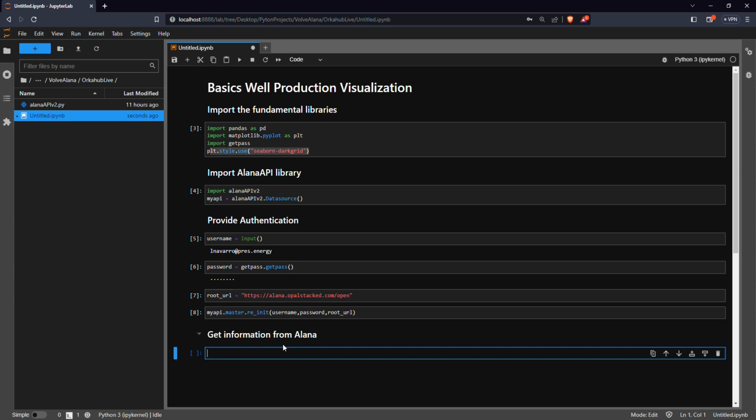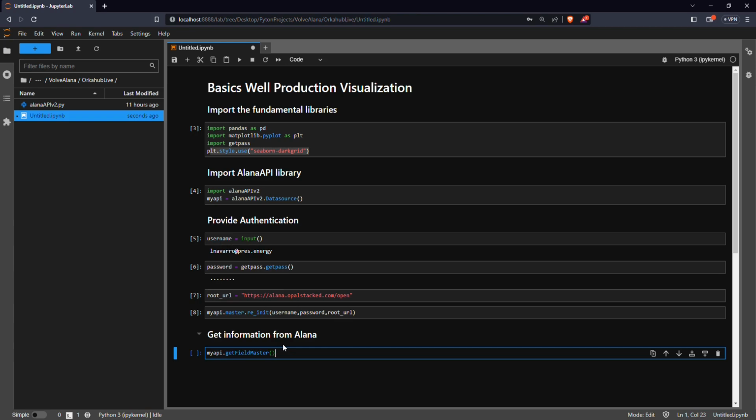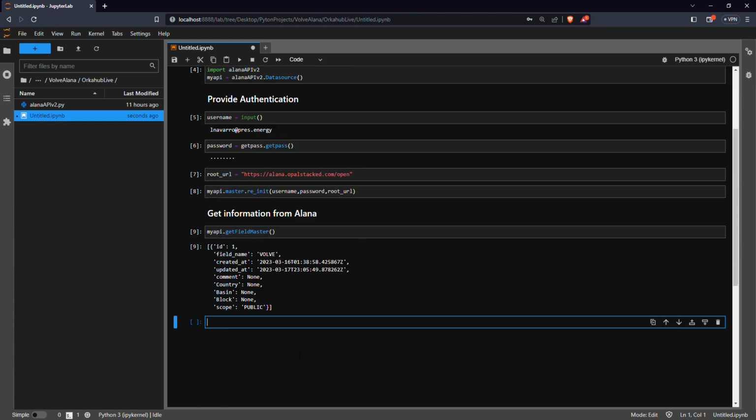From Alana, we're going to use the object that we instanced a couple of minutes ago. As you can see, we have several functions here. We're going to use, for example, this get field master in order to see the fields that are stored in the server. The response we have from the server is a list